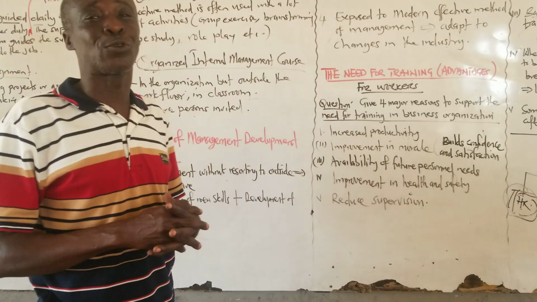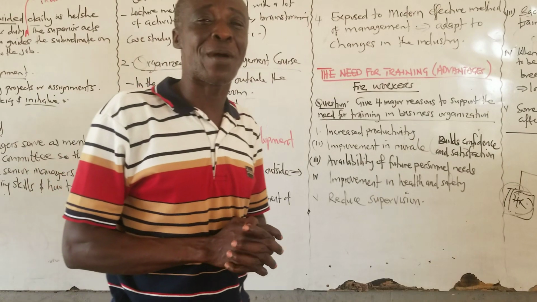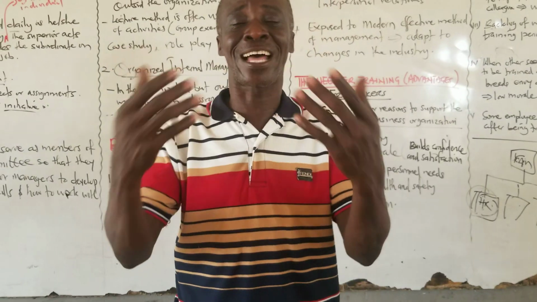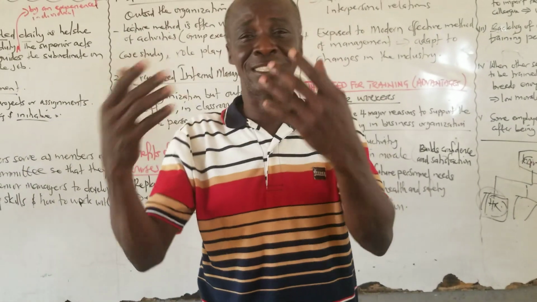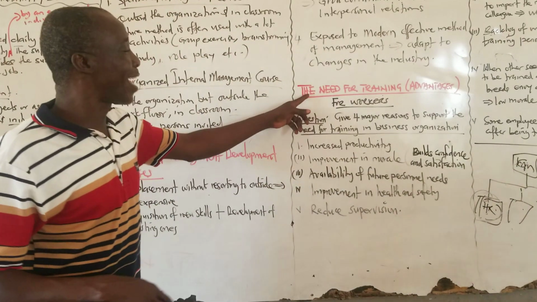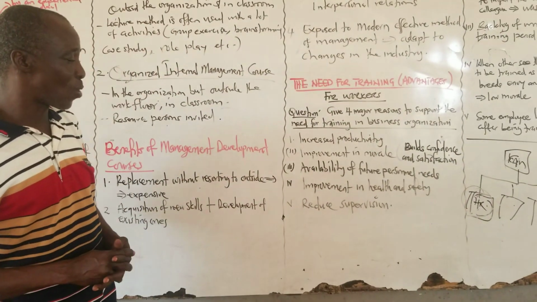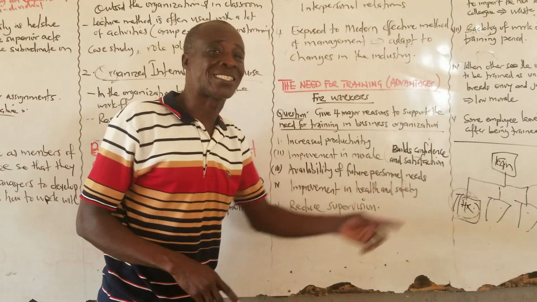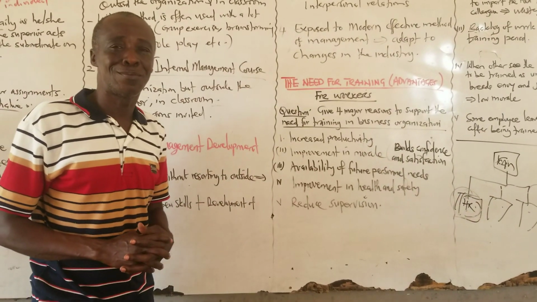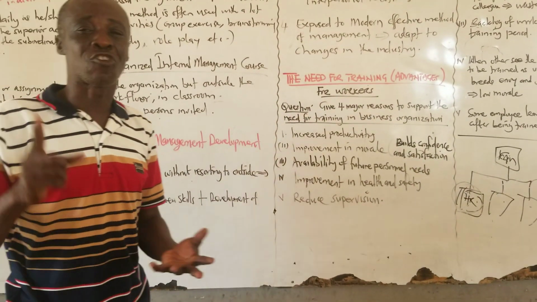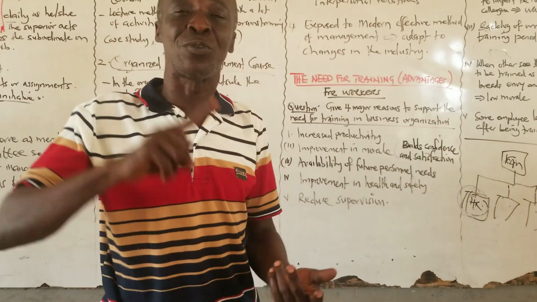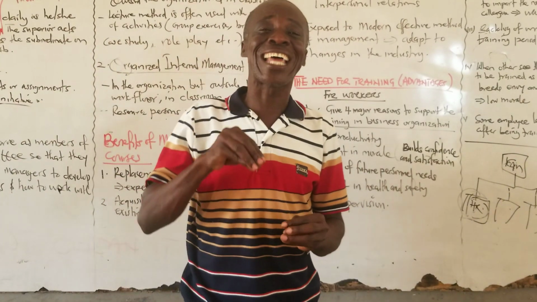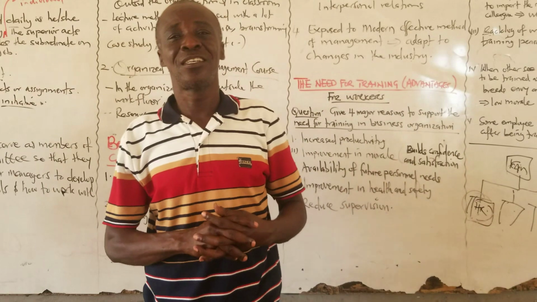The next one, simple, straightforward: you remember we did workplace hazard. So under that one, we talk about health hazard and safety hazard. Then we talk about health measures and safety measures. There's the need for training because there will be improvement in health and safety measures. They will be trained on the rules, on health measures, on safety measures, so that you will not be involved in industrial accidents. You know what to do.